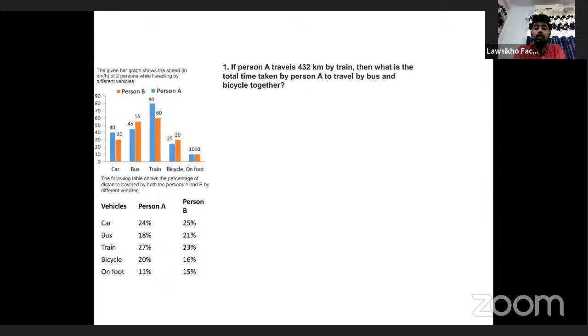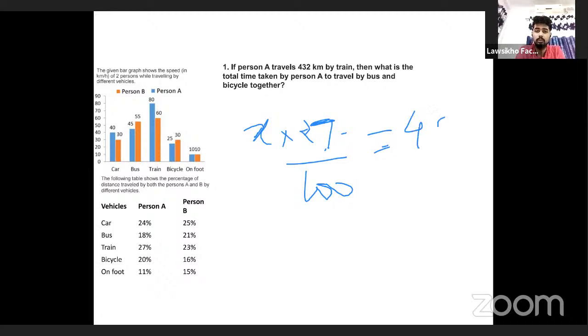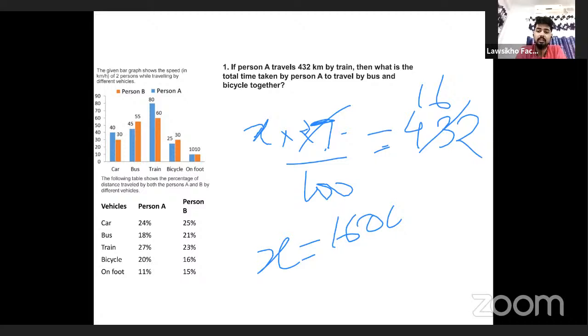नहीं. देखो, अगर टोटल डिस्टेंस फॉर ए हमने x लिया, तो x का 27% कितना हुआ? x का 27% इज इक्वल टू 432. ठीक है, तो दिस कैंसल्स आउट टू 16. 7 6 42. ठीक है, तो x इज इक्वल टू 1600